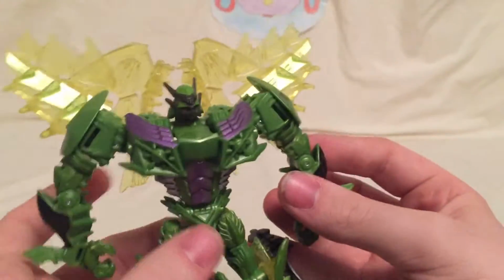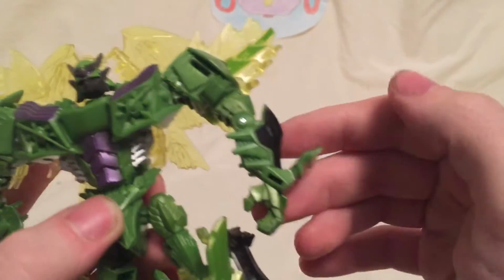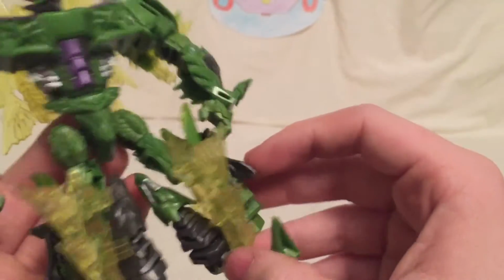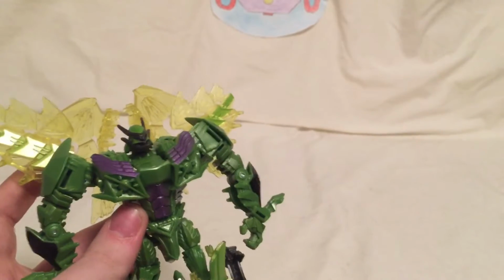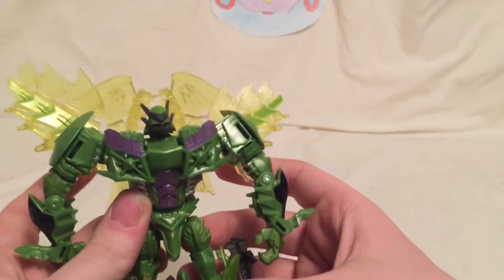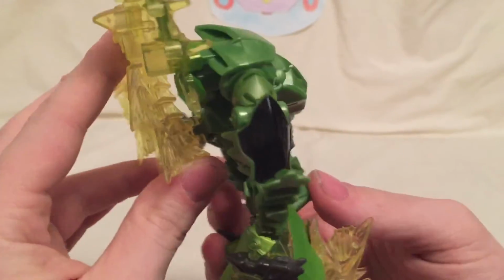He's a little bit plain, especially when it comes to paint. I would have liked if he had a little bit more of this metallic purple, maybe on his forearms somewhere, or here on his biceps, or somewhere on his legs. That would have been nice. Like maybe just on his feet or something. The purple's centered on his chest, and it doesn't really look all that great. It looks like this should be a Legends toy, because that's what Legends toys do. Their paint's always featured on either their alt mode or something weird. But